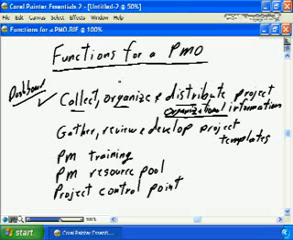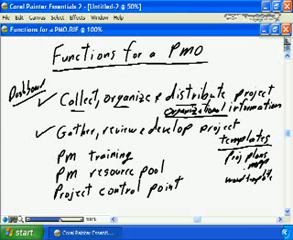Another common function for a PMO is to gather, review, and develop project templates. Predefined, fill-in-the-blank templates. These could be for project plans, so they're MPP files. They could be templates for actual project deliverables, so we may have Word templates, so that if you need to deliver a requirement specification document, a system test plan, or any other document, you would